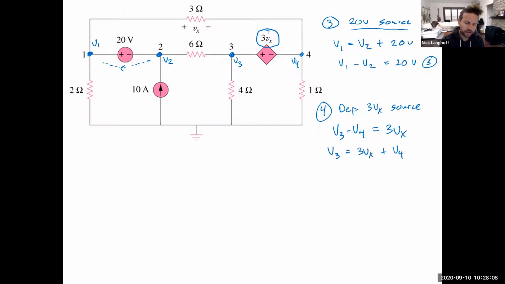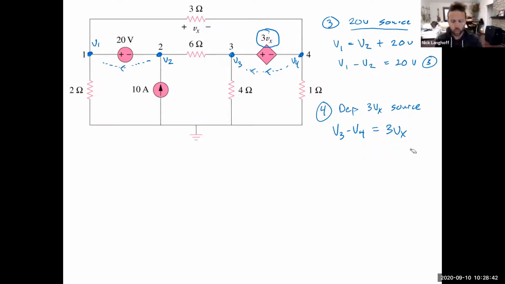That would be thinking of it as starting at V4, walking along this way, and gaining an amount 3Vx, which arrives you at the node V3. I really encourage you to think about yourself as a small little charged particle meandering around the circuit, and how does the voltage that you feel change as you move through those points? Either way you want to do it,